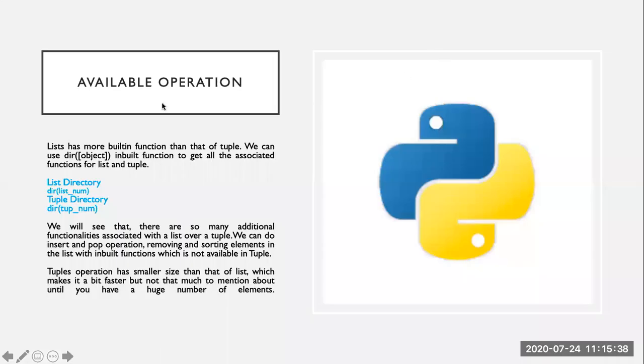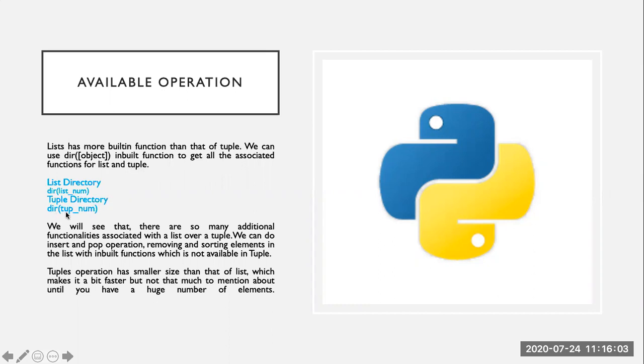Another difference between tuples and lists is that the list has more built-in functions than tuples. For example, we can check how many functions are available for the list, and similarly for the tuple, using the dir function. We can check the directory of the list, and it will give all the built-in functions used for the list.